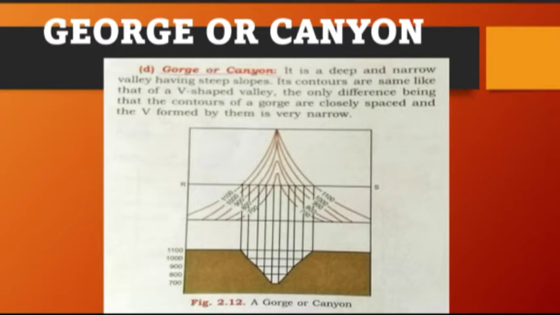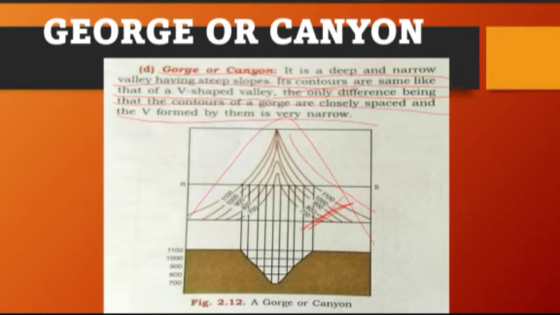Now, gorge or canyon. Gorge or canyon, it is a deep and narrow valley having steep slope. Yes, it is steep slope. Its contours are the same as those of a V-shaped valley. Yes, contours are the same as a V-shaped valley, that is inverted V-shape. The only difference being that the contours of a gorge are closely spaced and the V formed by them is